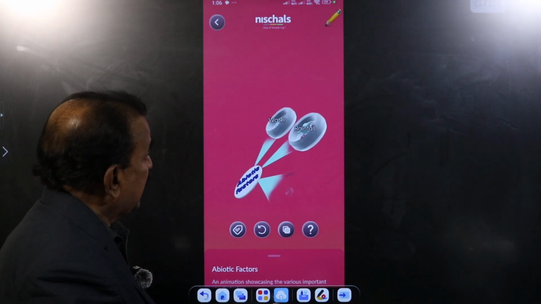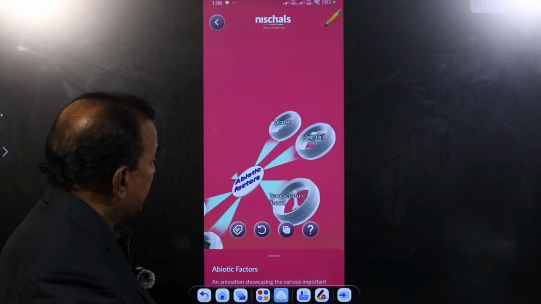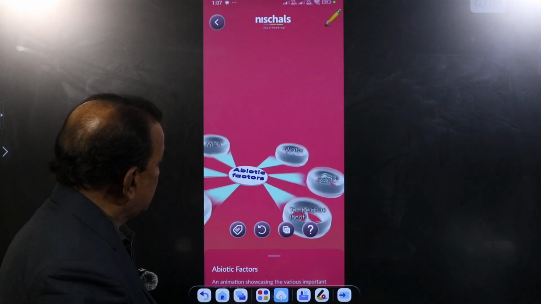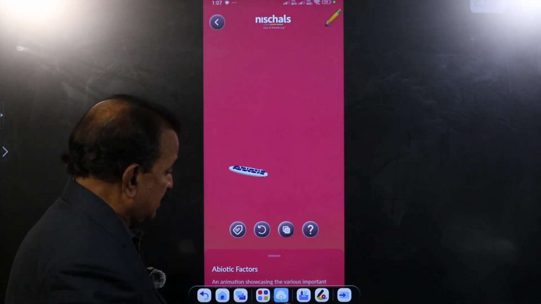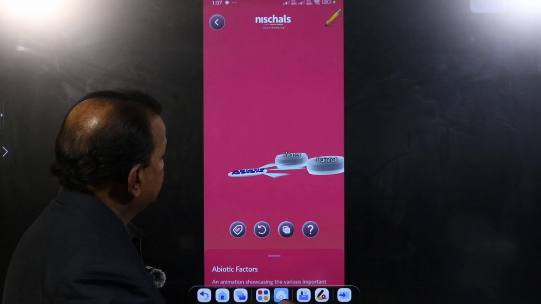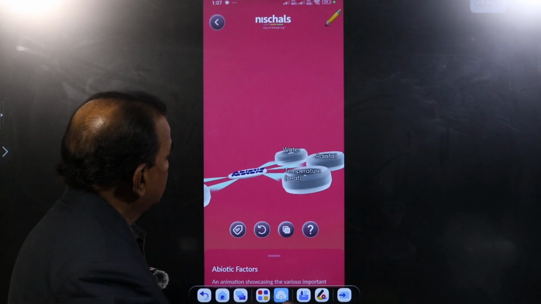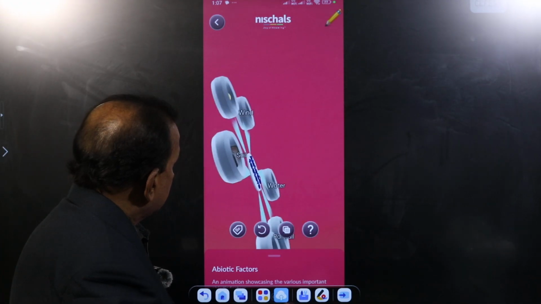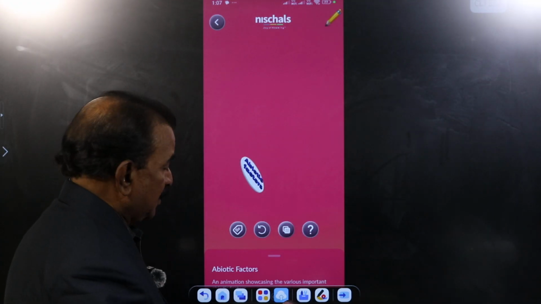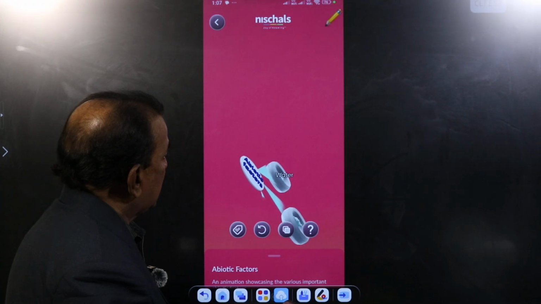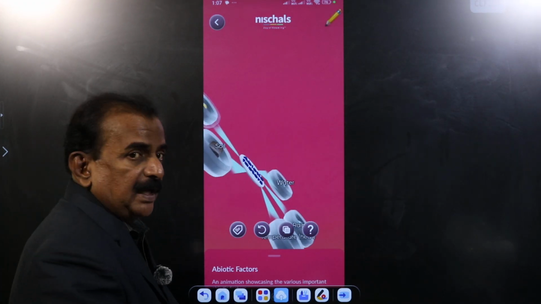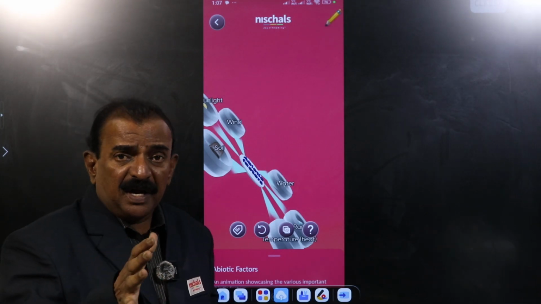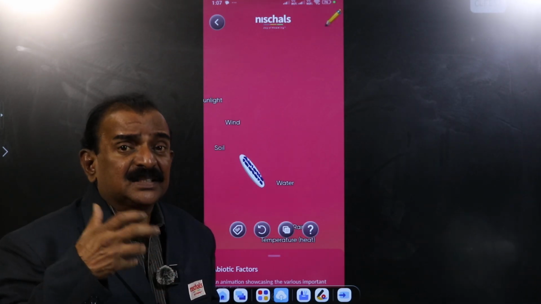Water, rainfall, temperature, wind, soil, sunlight. So, these are abiotic factors, and these abiotic factors play an important role in the survival of